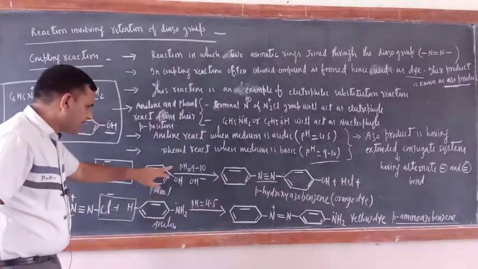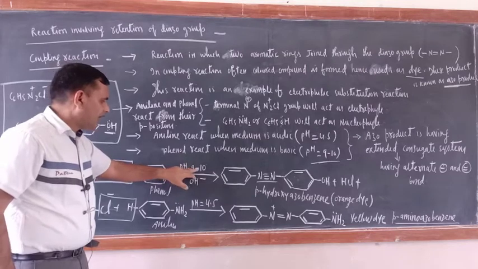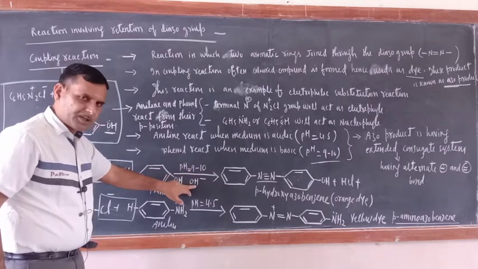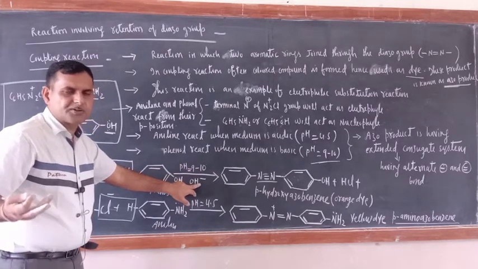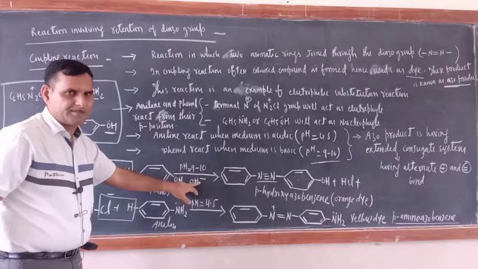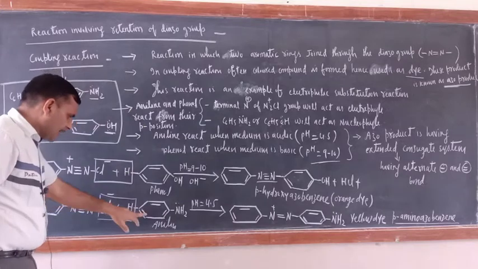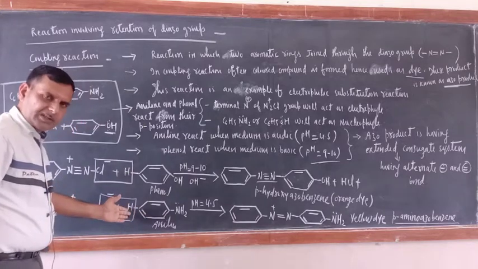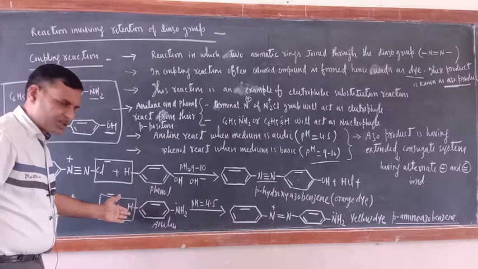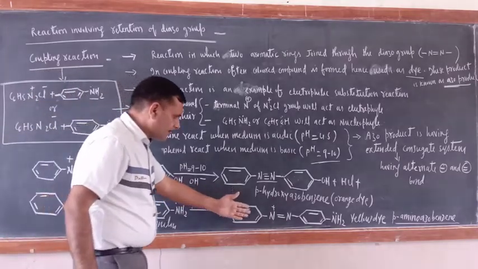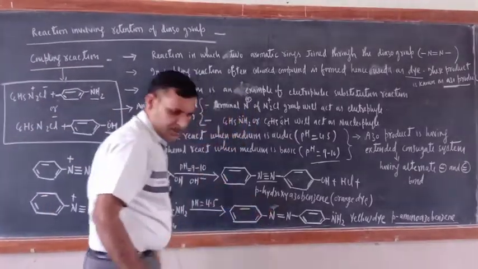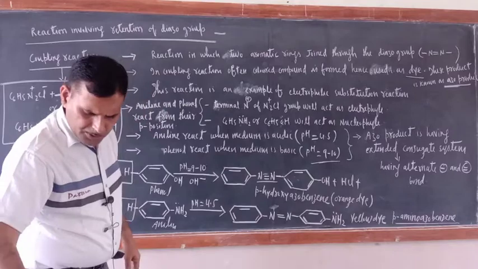Similarly for aniline, here I wrote pH 9 to 10, and in the NCERT book they have written OH negative. So that is understood. OH negative means basic medium, and basic medium means pH should be more than 7. Now when aniline reacts, aniline also will react from its para position only. So the same product will be formed here. Here don't write a positive sign.